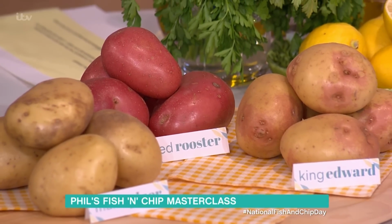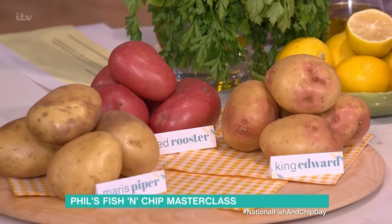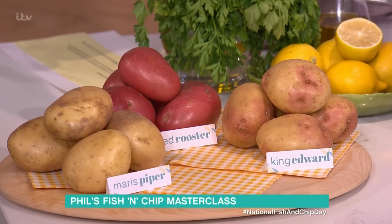Let's talk about potatoes. Now, I use various different types of potatoes over the year. Things like Marfona, I like, White King Edward are great varieties, Maris Piper. They're very, very good chip potatoes, and I've got three here. But today we're going to concentrate...